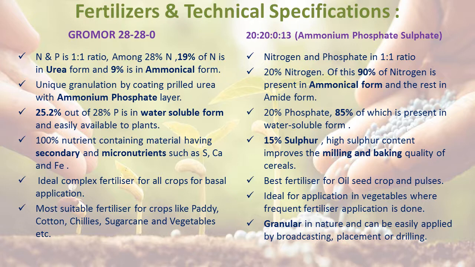And it is the ideal complex fertilizer for all crops, and it is mostly used for basal application, and it is most suitable for crops like paddy, cotton, chilies, etc. And the next is the